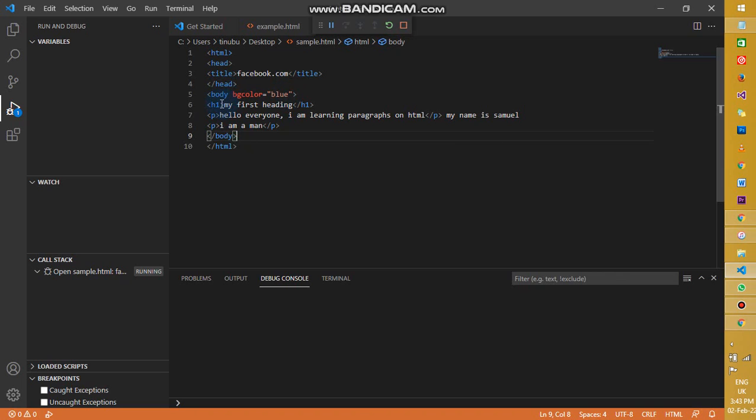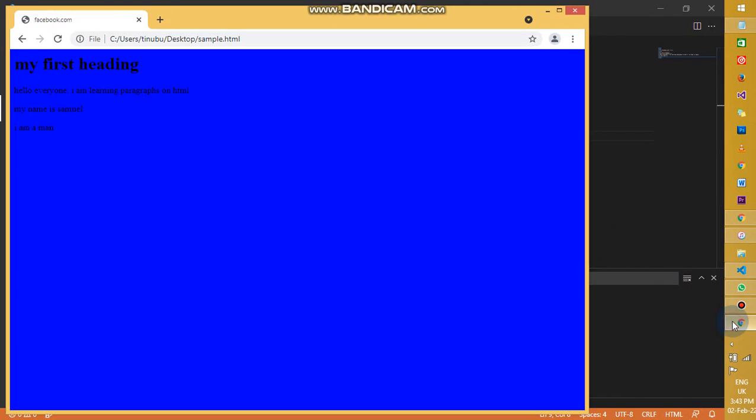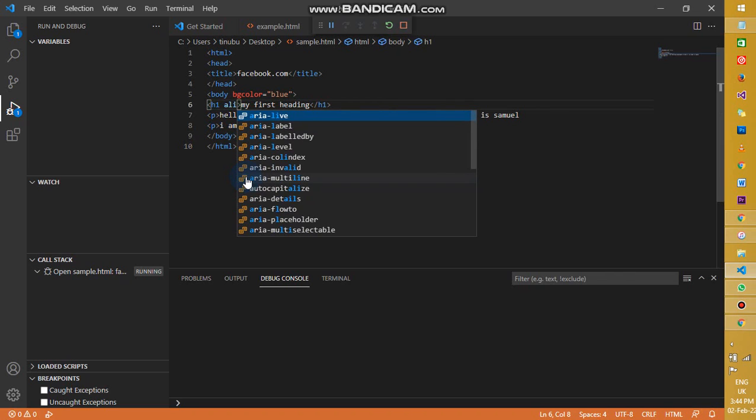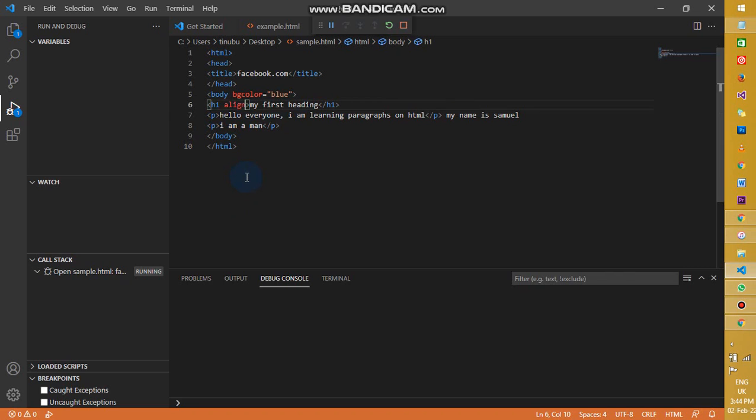Let's come to the browser and look at this. Now we can see that my first heading is aligned to the left because we didn't specify where we want it to be. Now I can make my first heading be at the center if I want. All I need to do is to align it to the center. And how do I do that? I come to the HTML document and come to where H1 is, my first heading, and inside the H1 I align it to the center by typing align equals center,